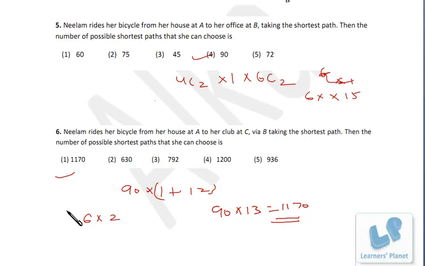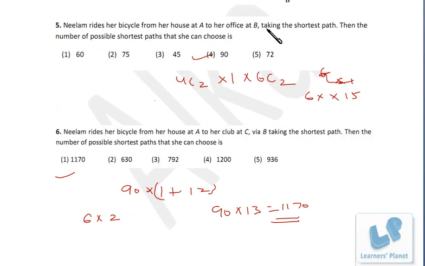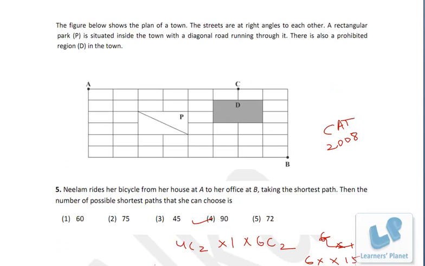Apart from that, if you have already got this answer, 90 will be the number of shortest ways from A to B, and some other number will be multiplied. So your answer must definitely be a multiple of 90, right? So we have this option and this. Obviously 630 cannot be the correct answer, because we can see more than 7 ways from B to C. So that's something more than that, and only one option is left with us, that's 1170. And the procedure I have already mentioned. Okay, so I hope you are clear with the problem of shortest path now.